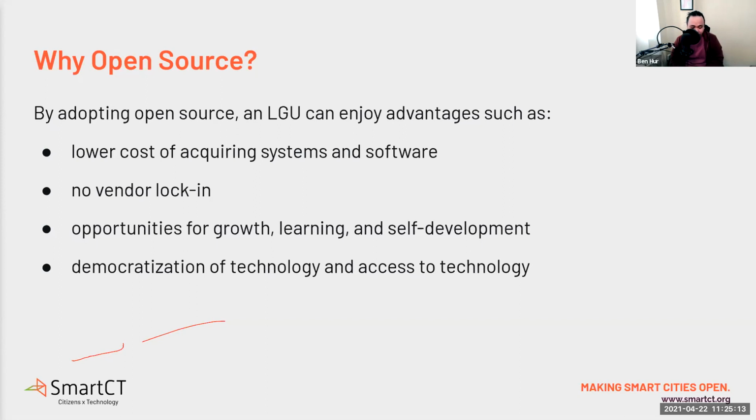Kasi I have to admit, if you're going to use, especially your constituents, your citizens, if you're gonna require them to use proprietary software without giving them alternatives, or without giving them yung pambili ng proprietary software na yun, kung hindi nyo naman libre siyang ibibigay, mahirap yun. How much does a valid license for proprietary software ngayon? How much is a valid license for Microsoft? Office pa rin ba siya? 365? How much is a valid license for Windows?